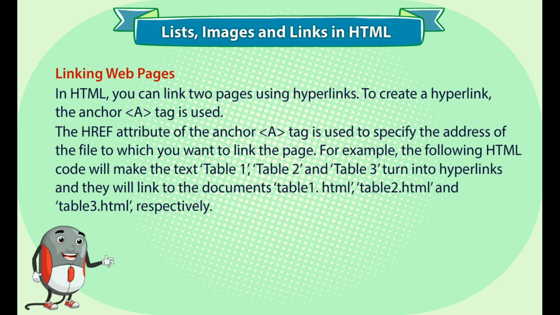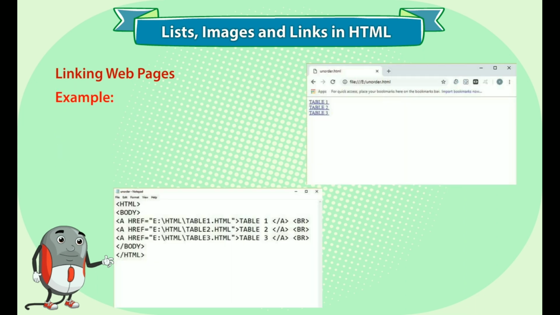For example, the following HTML code will make the text Table 1, Table 2 and Table 3 turn into hyperlinks, and they will link to the documents table1.html, table2.html and table3.html respectively. Example: